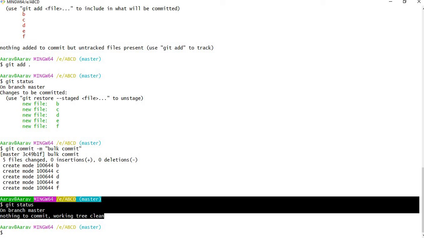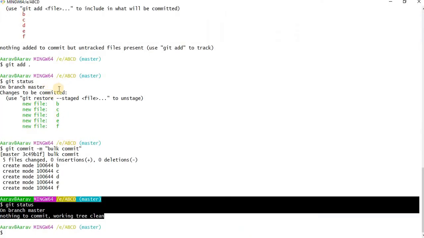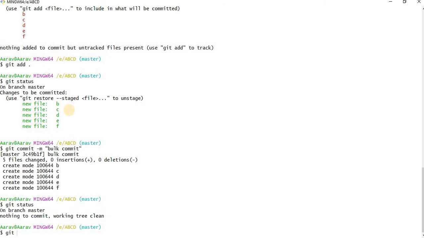Again, a quick review. To add files from the working directory to staging, we have to use git add. From staging to the local repository, we have to use git commit. So here the files will be staged files, here the files will be committed files. To check the status, we have to use git status. Now we have seen git status, and we said in git everything will be tracked. So how will it be tracked?